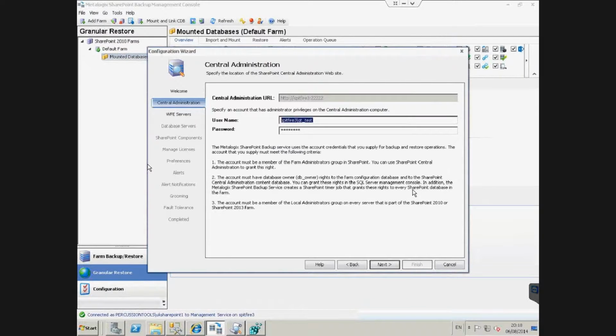In older versions of this tool, we only ever did granular backup, which all it needed was one single entry point to the SharePoint object model on any WFE, right? And once we had that one single entry point, we could learn all about the objects that we were backing up and restoring granularly. Since the inception of farm component backup, which leverages not the SharePoint object model, but the volume shadow copy services in Windows to do root level component backups,